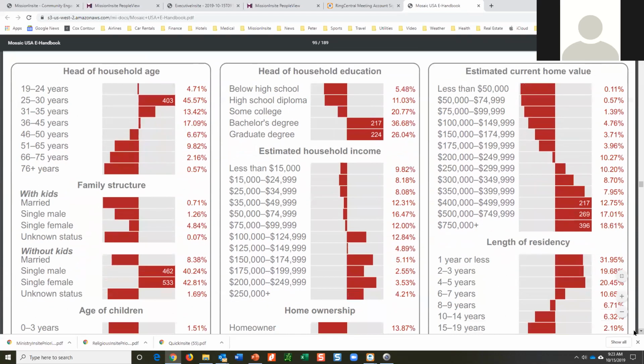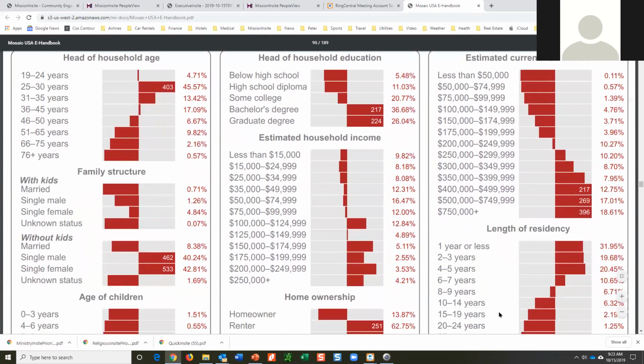I personally like this page because what it does is it shows what's true for each of these categories given the norm in the US, which is the center line. So if the bar goes to the right, you are overrepresented for that classification or group. If it's to the left, we're underrepresented. If there is a number, as there is here, that's times the US average.